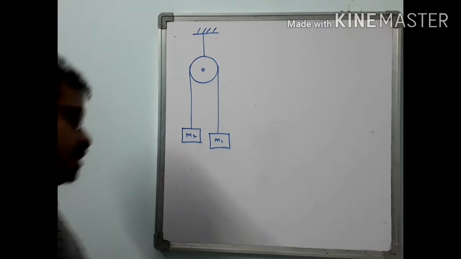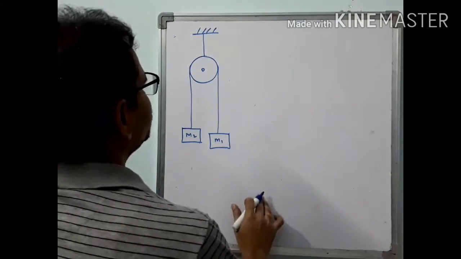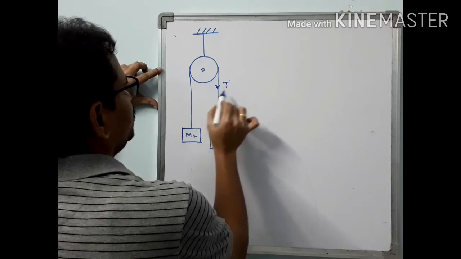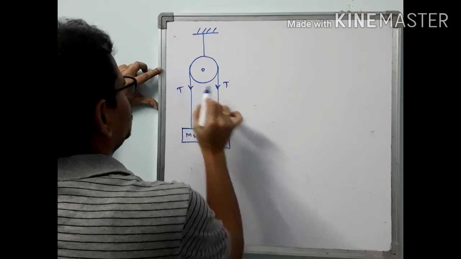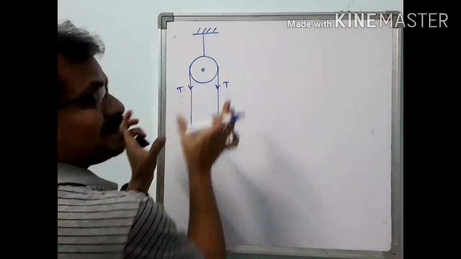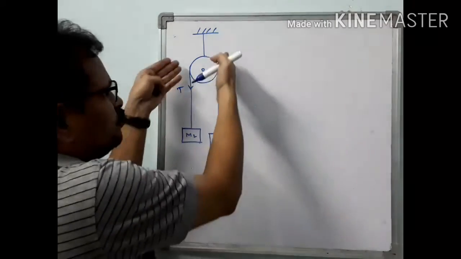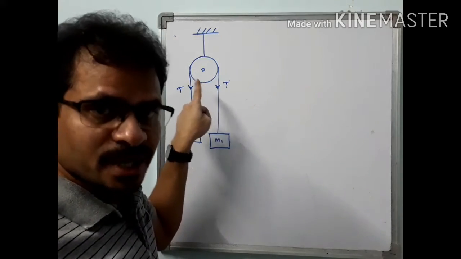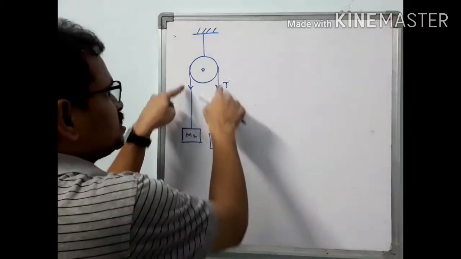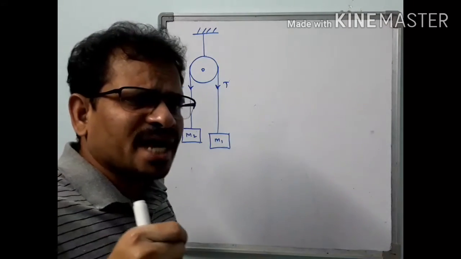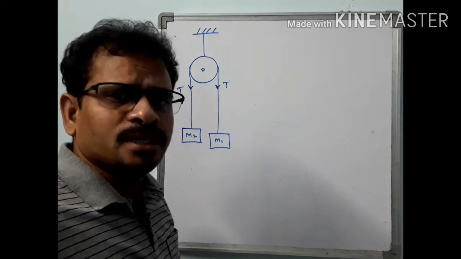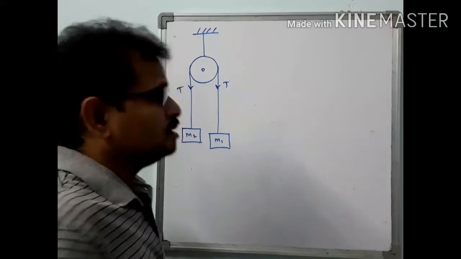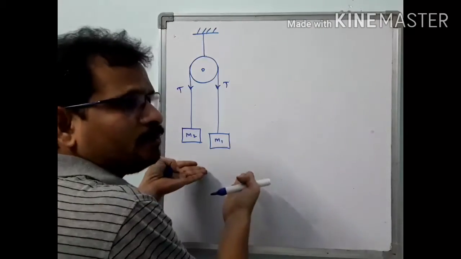We were asked to find the reaction on the pulley. What is the reaction force here? On this pulley two forces are acting. Tension here, here one more tension. But is this pulley at rest or not? No gravitational force is acting on the pulley because it is massless. But two tension forces are acting on this pulley. If any force acts on any body, the body has to attain some acceleration. Force is the cause of motion. So this pulley also has to be pulled down, but it is at rest.